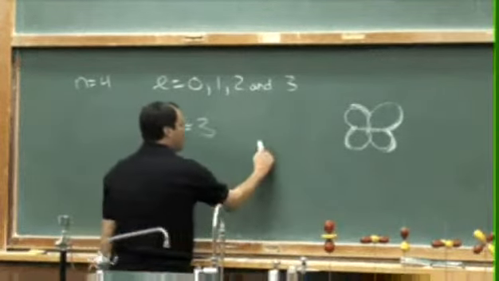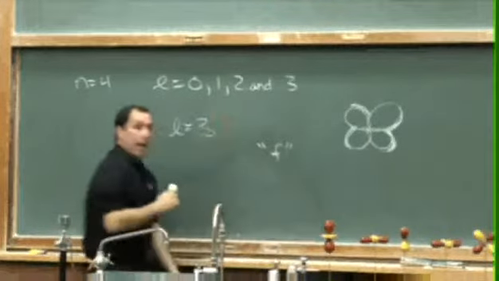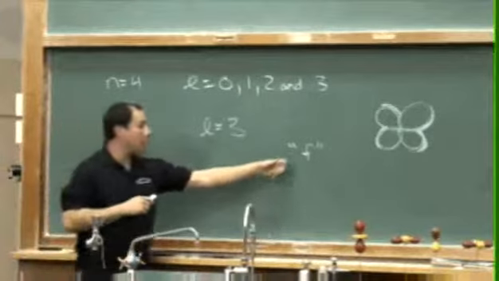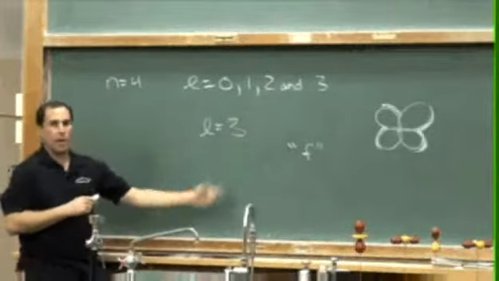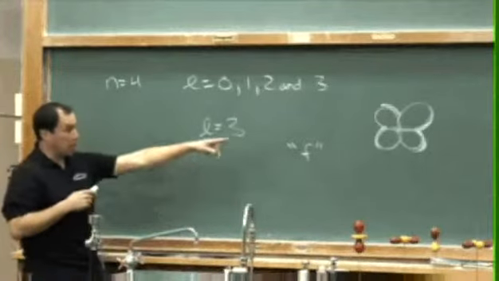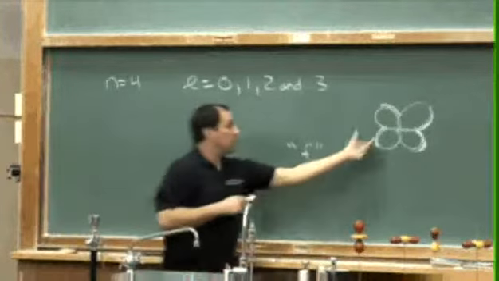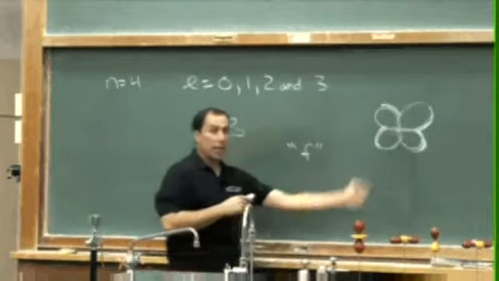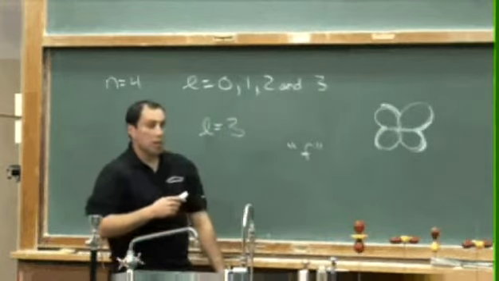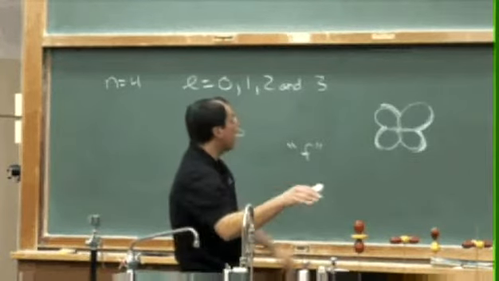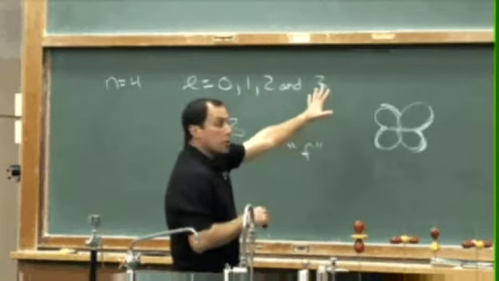Now these are called the f orbitals. They went ahead and started alphabetical order, so for L equals 3, we have the f. If we were to keep going, we'd have L equal to 4, we'd have g, and so on and so forth. I don't really know what shape to call this. It looks as though there's a dragonfly coming out and a dragonfly going back into the plane of the board. So, from the quantum numbers, we know the distance away from the center, and we know their shapes. There are 2